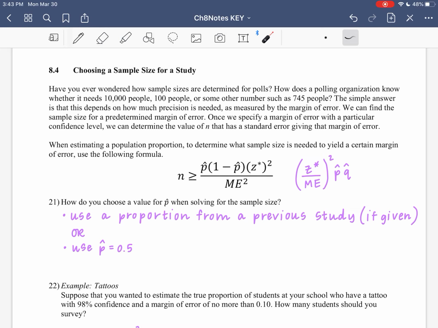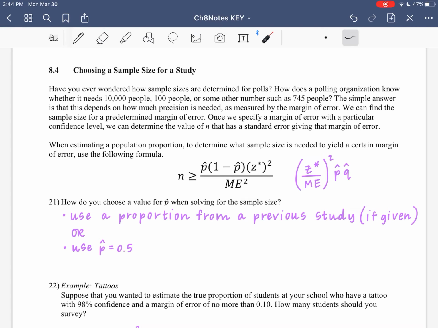P-hat is our sample proportion. However, we haven't taken our sample yet because we don't even know our sample size. Remember, we're trying to determine what sample size is needed. So if we haven't taken a sample yet, then we certainly haven't calculated a sample proportion, or a p-hat, yet. So that p-hat and q-hat,